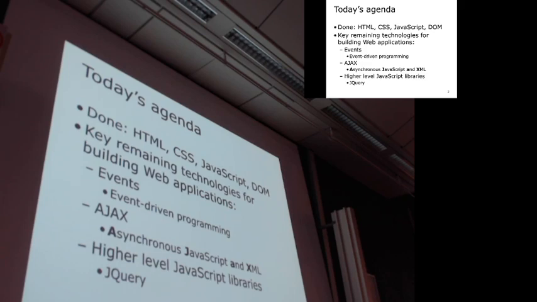It should have some way to reliably and securely communicate with the browser, also with the server, and do so in a standardized way. That's Ajax that we go to after lunch, and then